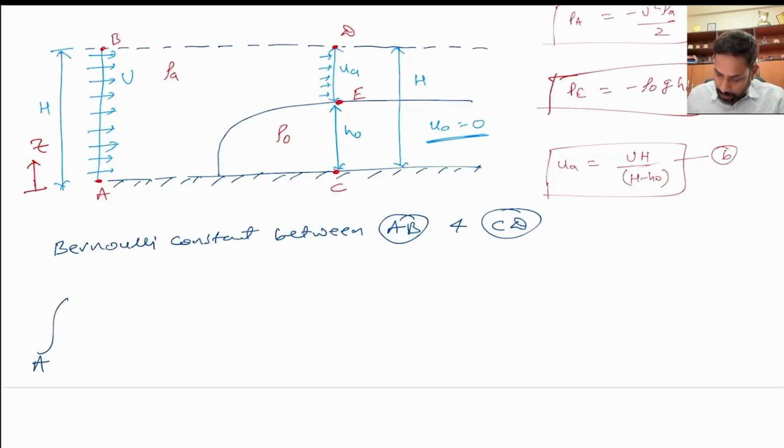So if you go from A to B, we can simply write